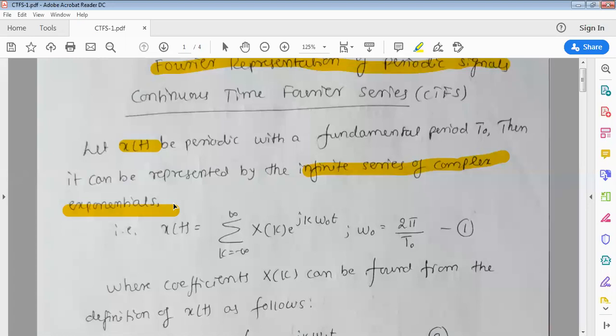For example, for the same low pass filter, if you give a square wave of frequency 1 kilohertz, the output will not become a square wave. Only at lower frequencies, 100 hertz and 200 hertz, it may become a square wave. But if you increase the frequency up to 1 kilohertz, it will simply give the sinusoidal output only. That is a limitation of this. So if you want to filter a square wave, then you have to design, instead of 1 kilohertz, let's say 10 kilohertz or 20 kilohertz.